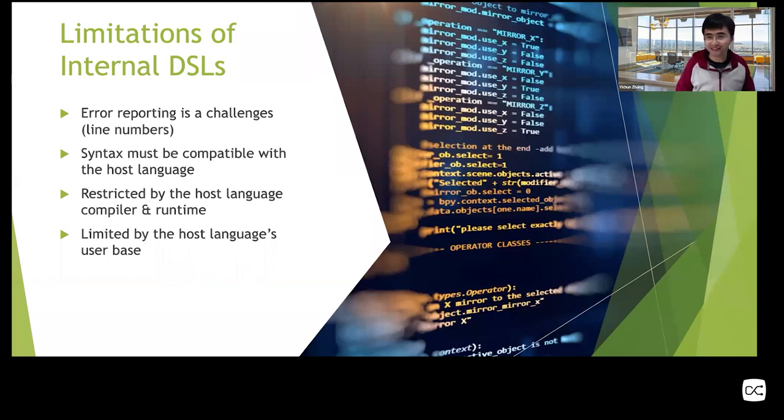Basically, the users of internal DSLs are usually just the users of the host programming language, or at least a subset of it. It's very hard to convince users from other language communities to use your internal DSL hosted by a different language. Okay, and any questions here?